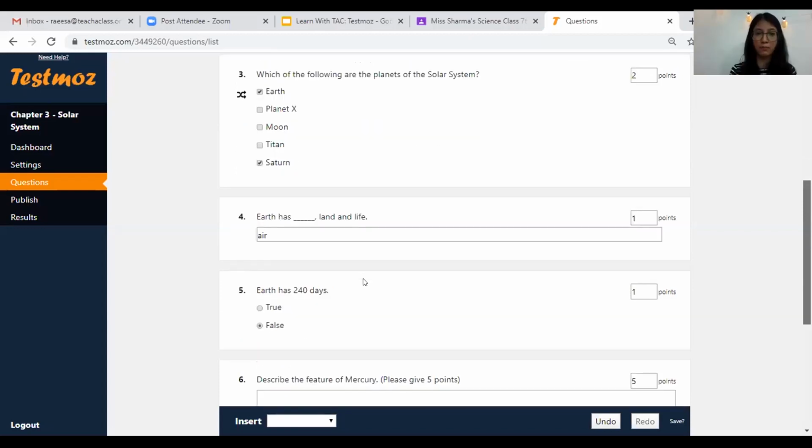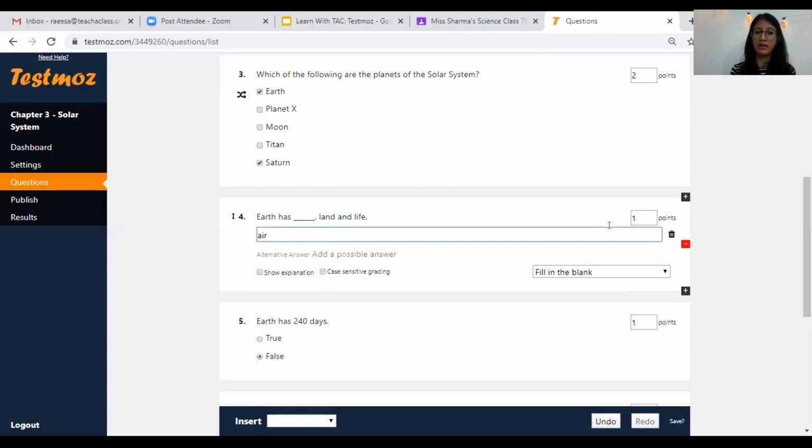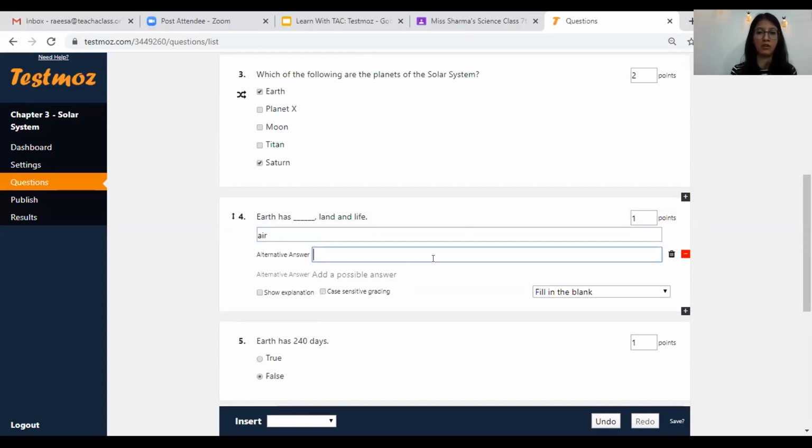Yes, you can put two blanks and you can add an alternate answer. But I will test that and get back to you. I have taken a note of that question. I have not tried that out, but I'll definitely test that. But I think it's possible by adding two blanks and adding an alternate answer. But let me just get back on that.